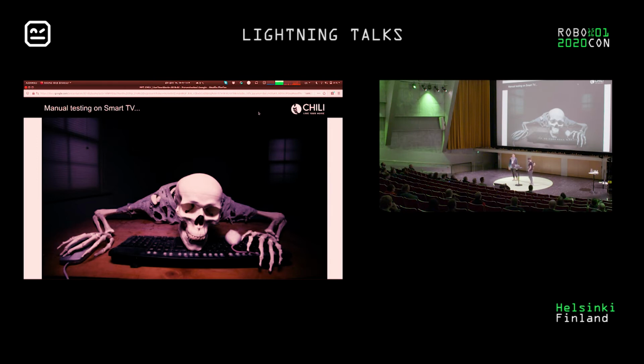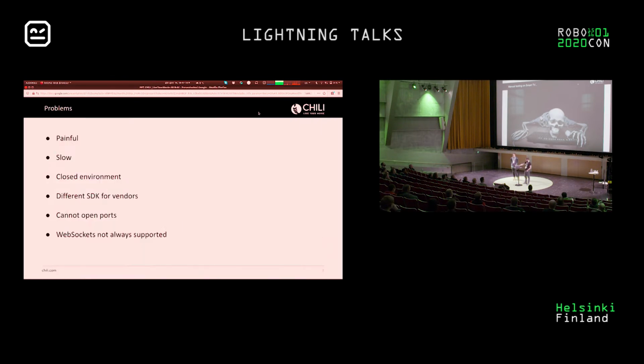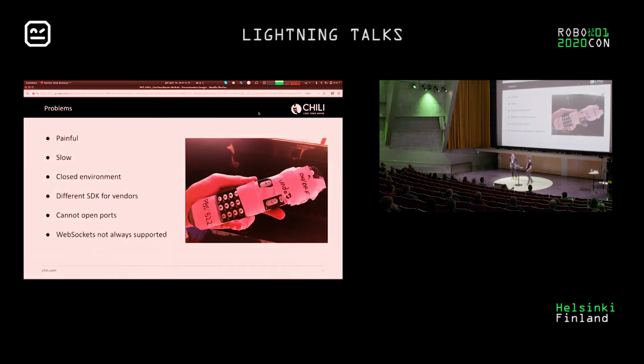So if cross-browsing is a pain in the ass, imagine cross-testing on TV. It's painful because you have to use a remote and it's extremely slow. Another problem is that it's a closed environment, so every manufacturer has different implementations and different SDKs, and we have a lot of different manufacturers, so we need something generic at a certain point. Fortunately, our application is a React application, so a web application that runs on all the TVs, mostly, and